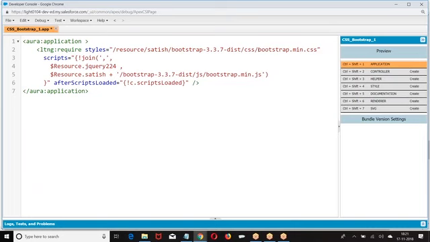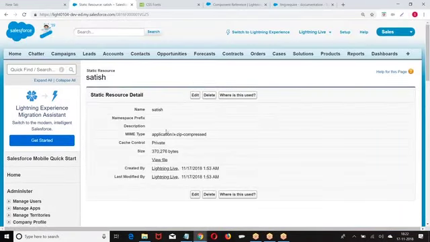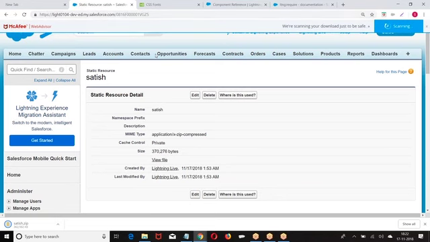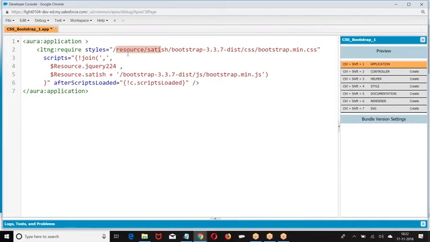Now, what is the file we want to use? bootstrap.min.css. I told you there are two formats of including the styles. One is $Resource.resourceName, or else go to Satish. How are you finding it? Download action. Now when you open this, resource/Satish, the URL is going to be resource slash Satish.